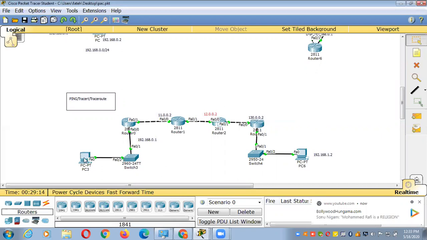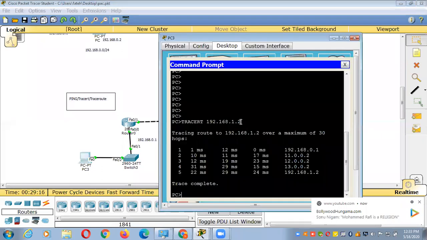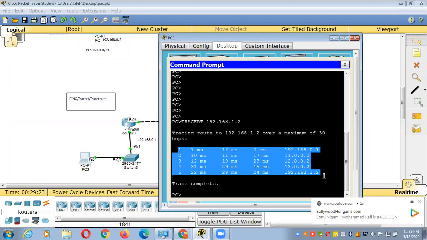When I use this command, tracert 192.168.1.2, it will show you how your traffic will reach the destination. This is the output here. Now do you understand, brother? But how will we do troubleshooting with this command?